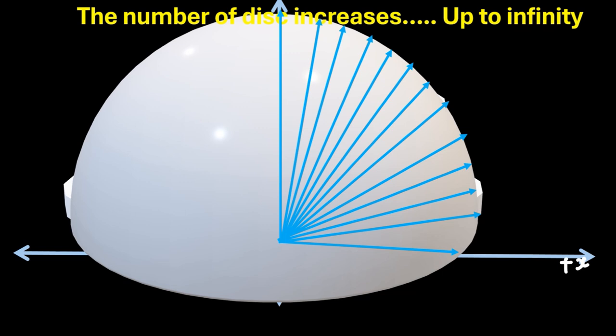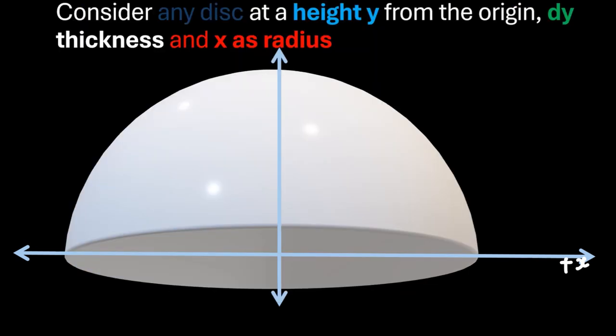Then what we see is that the overall stacking of disks assumes the shape of a hemisphere, right? And along the surface of the stacking, the distance remains the same, which actually is the radius of the hemisphere, right? So now if you consider any disk at a height y from the origin with thickness dy and x as a radius,